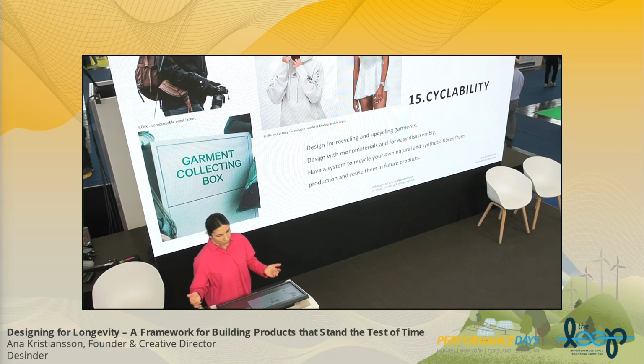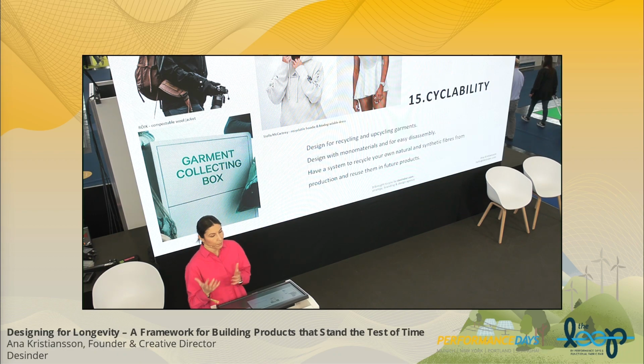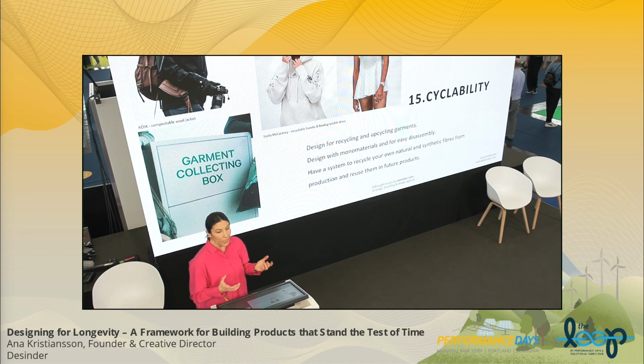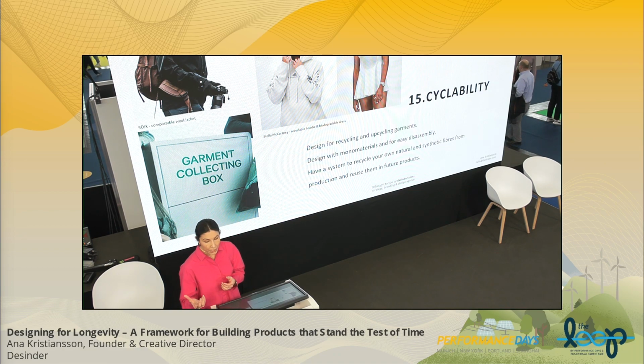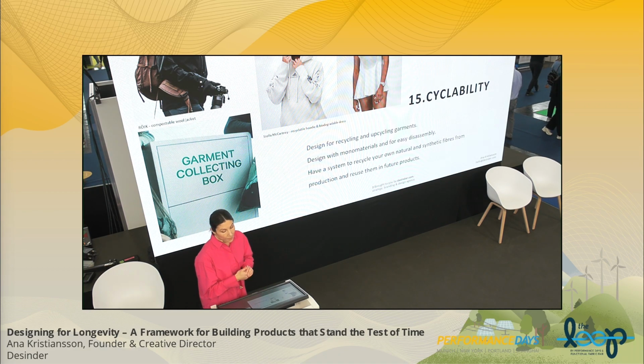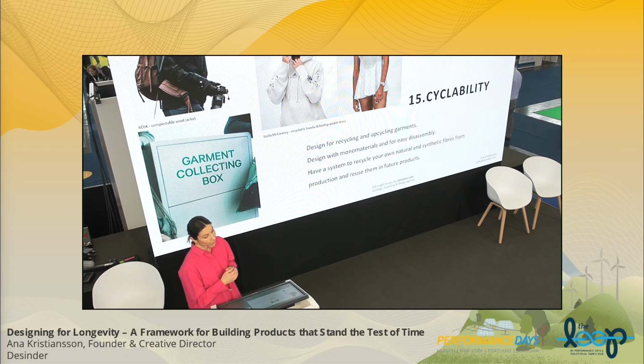Again, I'm sure you can't do this for all your garments, but looking at certain types of product, you can tweak this or create a mini collection where you can experiment, because implementing this in your entire range is not going to be possible at once. So you need to test these strategies out in smaller chunks to make sure that you can follow from the beginning full circle around, and have a system with your brand to recycle your own natural or synthetic fibers from